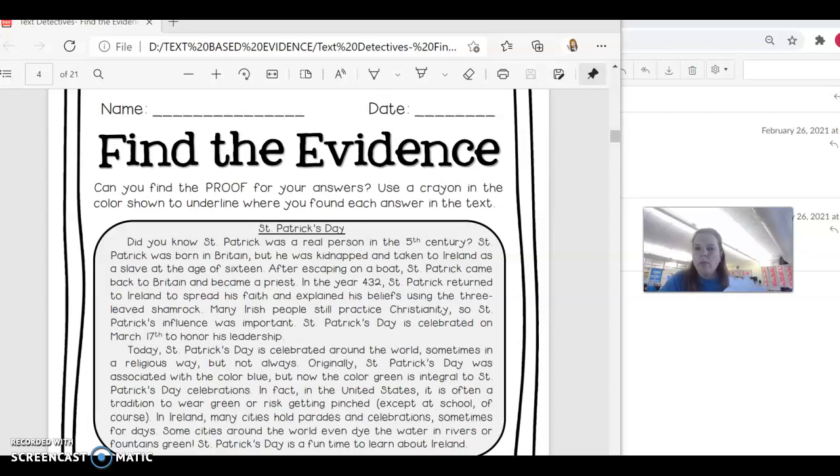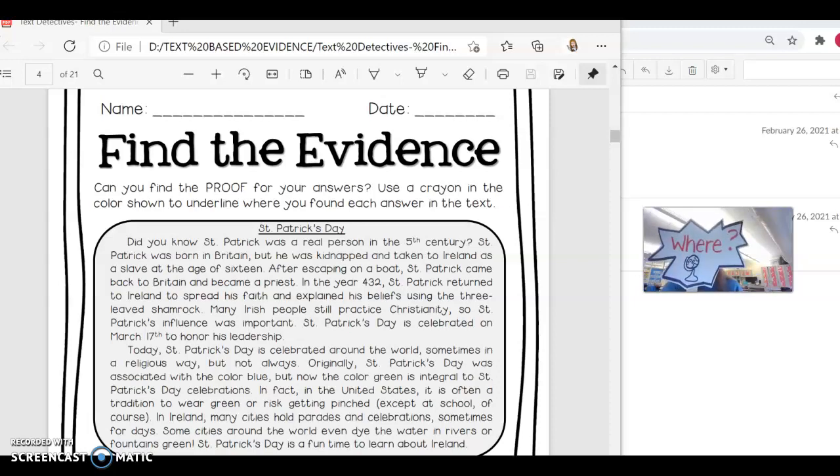So when we look at questions, we really need to think about what they're asking us. So let's just review a couple of these question stems. If I see the word when at the beginning of my question, when do you go to school? When is your soccer game? When is your birthday? It's asking you for a time, okay? So when I see the word when, it's asking me for a time. It could be the time of day. It could be a date. It could be morning, afternoon, evening. It could be what season it is. Is it summer, winter, fall? Okay, so when means it is a time.